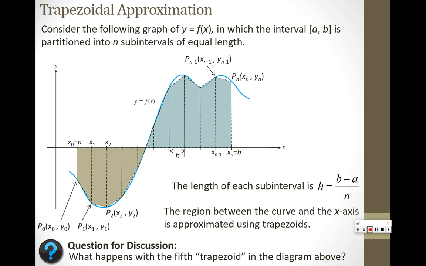Do you use this endpoint? Do you use that endpoint? And as it turns out, it doesn't really matter. See, these little areas are so small that using the positive version or the negative version doesn't throw you off any more than the little piece. See how big a piece it missed up here? You know? So yeah, you're going to miss a piece here, depending on which one you choose, but that's all